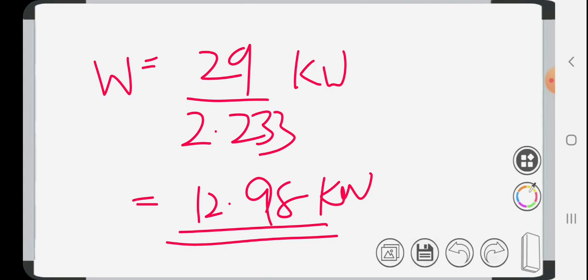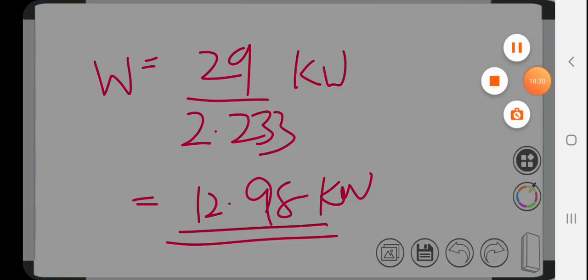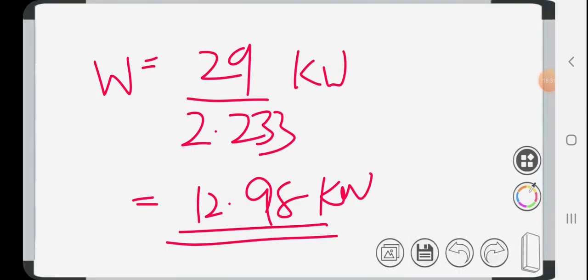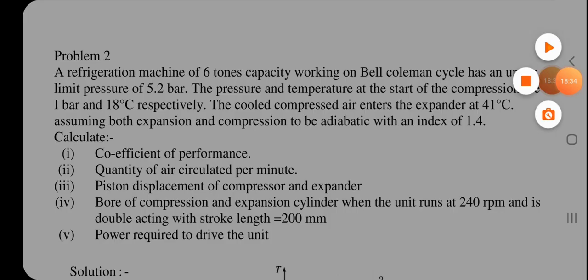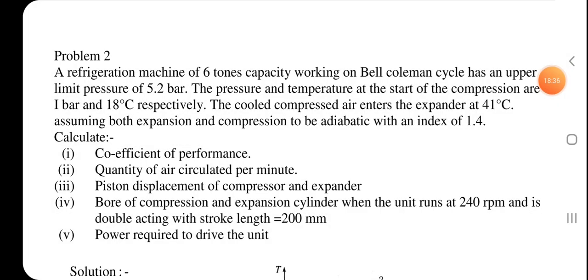Okay. Hope you have understood this problem, and we will move to the next problem dealing with the Bell-Coleman cycle. So students, this is a problem based on the Bell-Coleman cycle. It is directly given. A refrigeration machine of 6 tons, 6 tons is the capacity, working on the Bell-Coleman cycle,